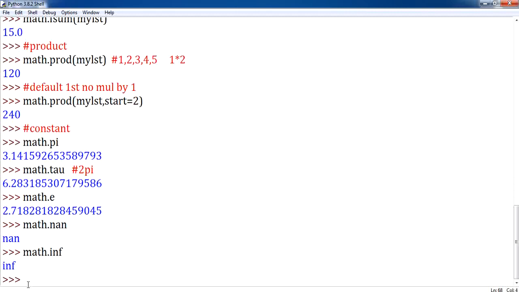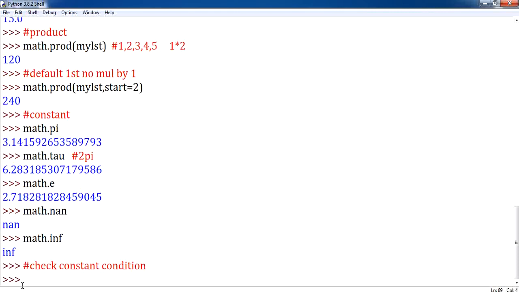Now we'll go ahead with the implementation of these constants and how to check them with conditions. So checking constant conditions, and this is going to give you only a boolean value as a result. For example, let me go ahead with the implementation.